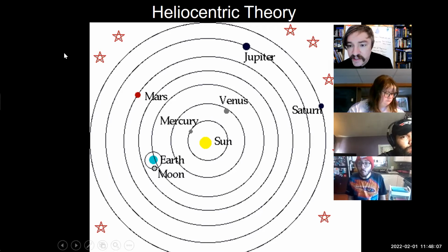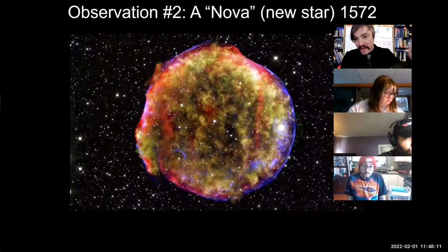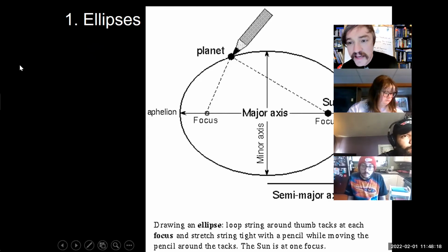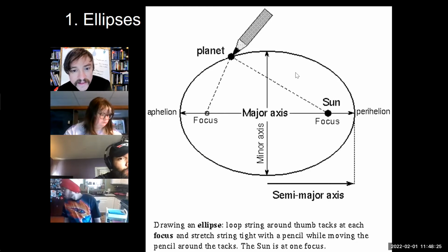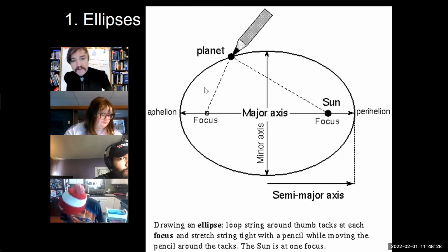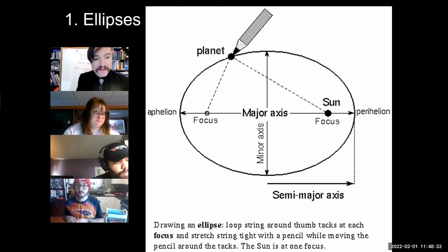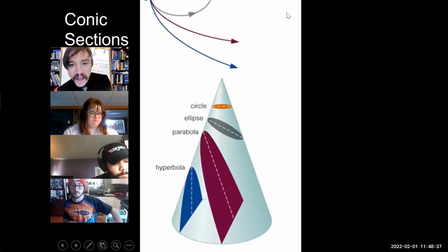Kepler, being the mathematician that he was, discovered that he could fix the Copernican solar system and actually make it predict the proper positions of the planets if he gave up on the obsession with perfect circles and instead modeled the orbits of planets on one of his pet subjects, ellipses. And ellipses, which for the moment we'll call squishy circles, are part of a class of geometrical shapes called conic sections. And it turns out that there are a